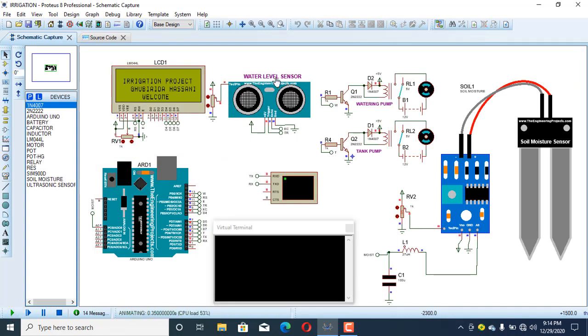To simulate the ultrasonic sensor, I'm just using this potentiometer to change the values of the readings of the ultrasonic sensor, and also to change the readings of this soil moisture sensor, I'm also using this potentiometer over here. Right,